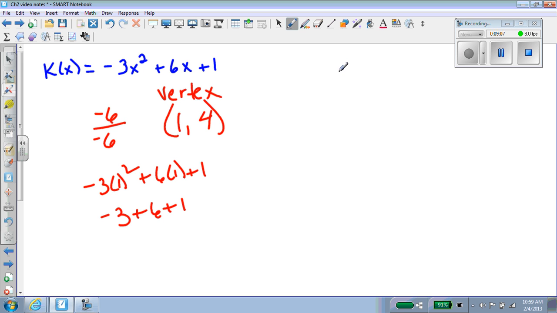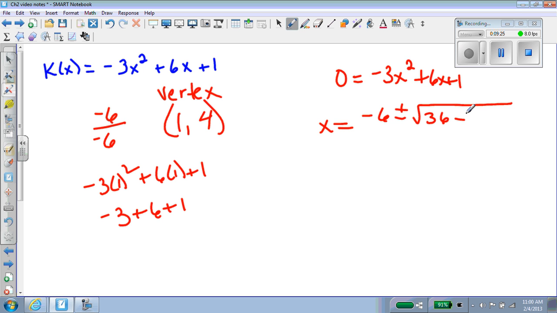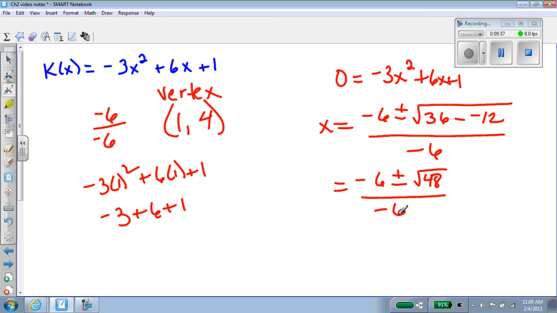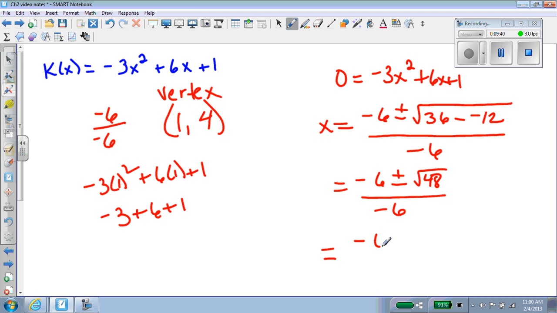My x-intercepts, 0 equals negative 3x squared plus 6x plus 1. I'm going to do quadratic formula again. So my x-intercepts, x equals opposite b plus or minus square root b squared minus 4ac all over 2a. So I get negative 6 plus or minus the square root of 48 over negative 6. Negative 6 plus or minus 4 root 3, right? The square root of 48 would be 16 times 3, which would be 4 root 3, over negative 6,